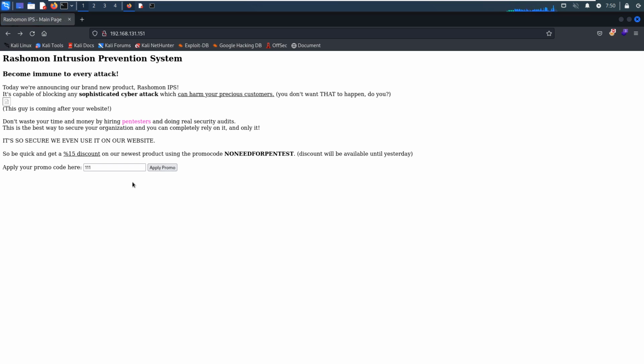So, of course, this form or this promo code may have a SQL injection vulnerability, or maybe an XSS vulnerability, cross-site scripting. It's very possible that this form is vulnerable to SQL injection.